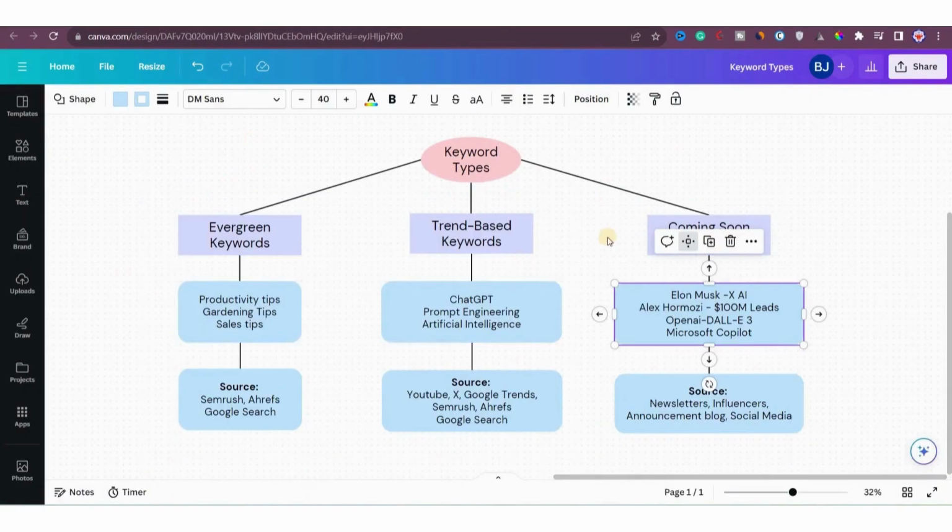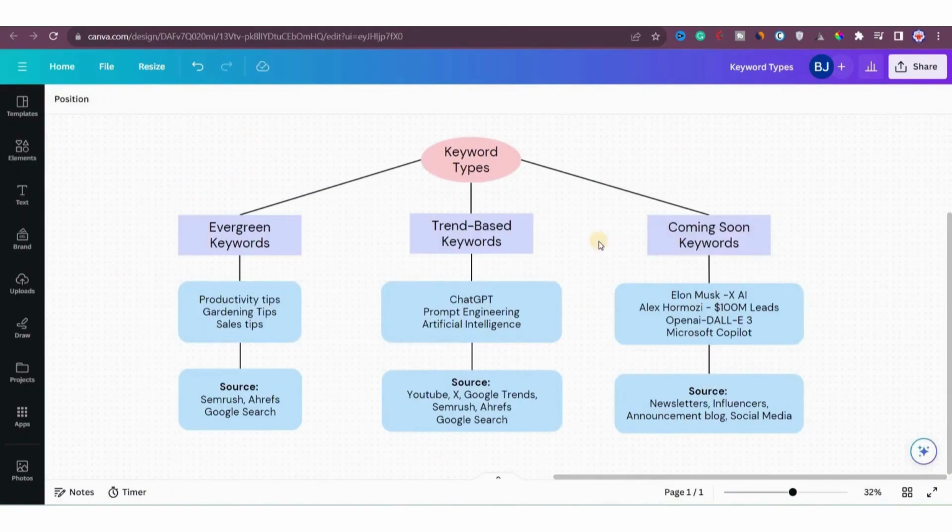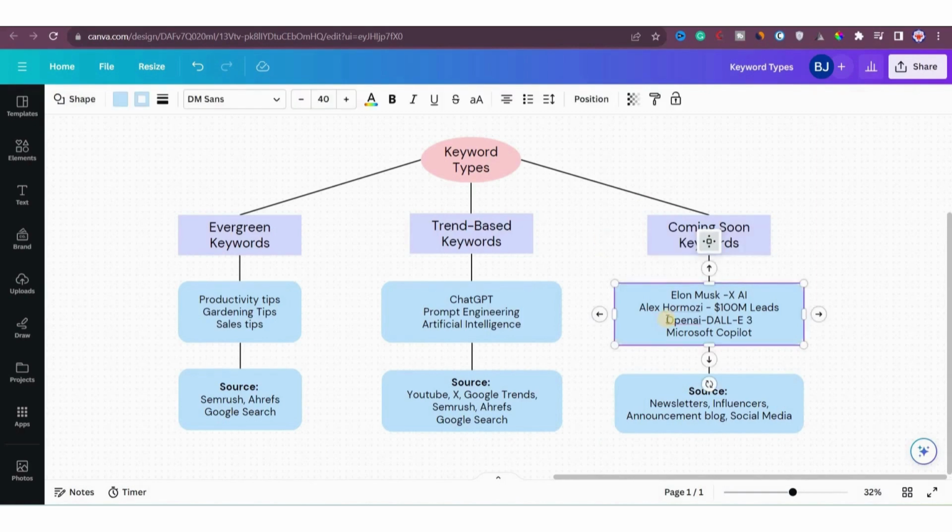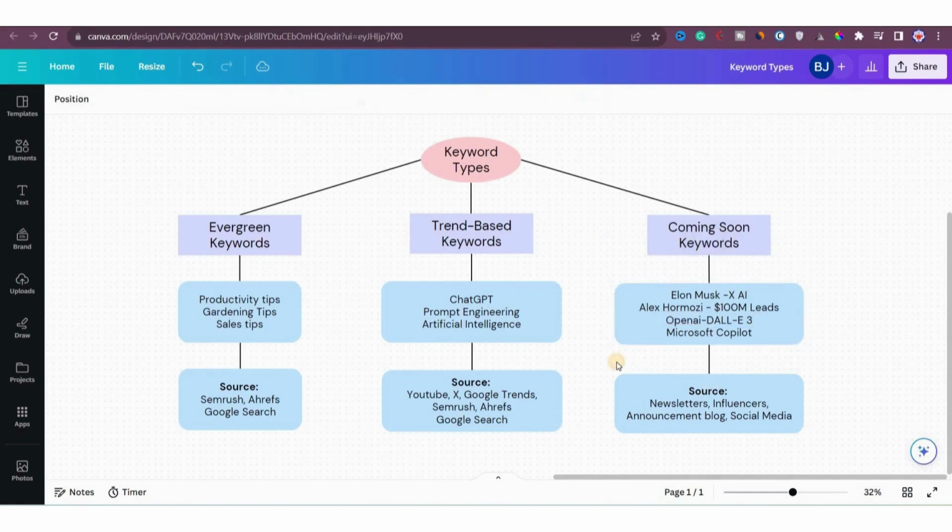You see, when something is announced, there is no guarantee that when you create a blog post around it, it will be a success or fail. It all depends on you, right? You have to be ready to grab the opportunity, take action, and create content around that. For example, today I plan to create content around OpenAI DALL-E 3. They announced it just a week ago and I think that it will become a hot topic in the coming days. So I'm going to craft a blog post about OpenAI DALL-E 3 today. Let's see how we can go about this.